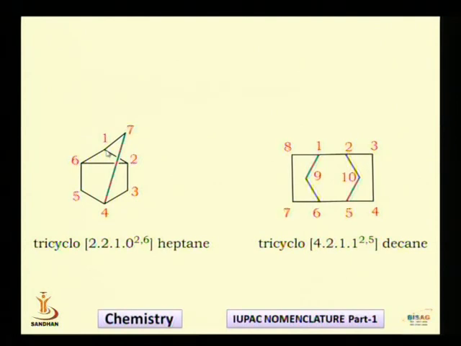So you select your main cycle. This is my main cycle, and select the number of atoms in the first half. So this is my first half. So there are 2 atoms in the first half. So I will be writing 2. Again I am going back to the number 1 by this route and count how many carbon atoms are there in the second half of the cycle. So again in the second half of the cycle you notice that there are 2 carbons. So again we are writing 2. So writing 2 on this side, writing 2 on this side, we completed the first main cycle.